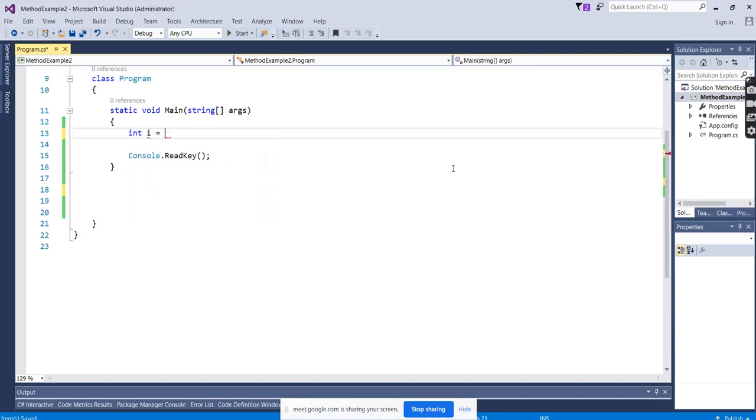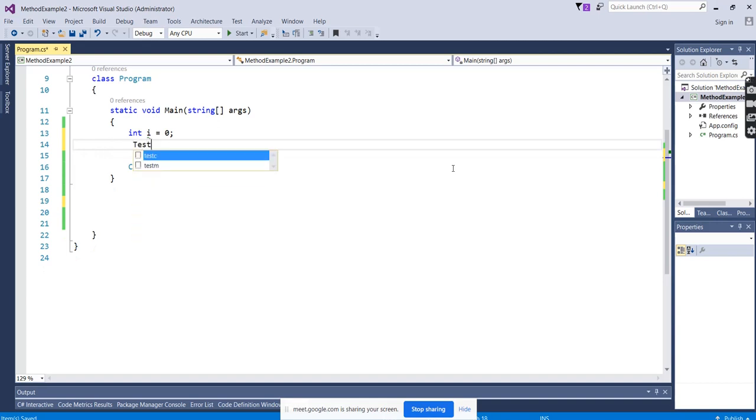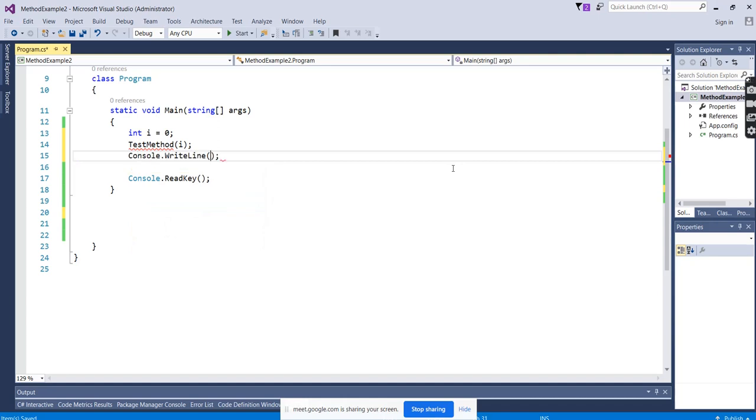Variable, yes, right. I created one method, you can say it is a test. Here I will pass the value of i.